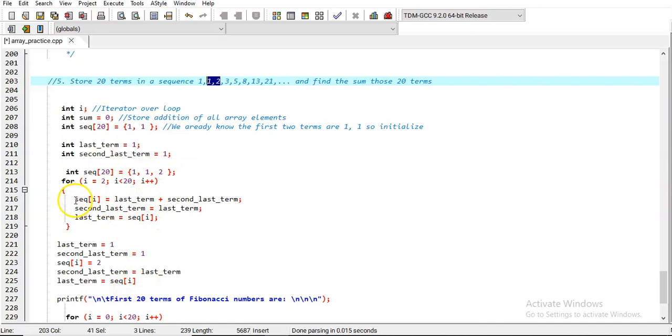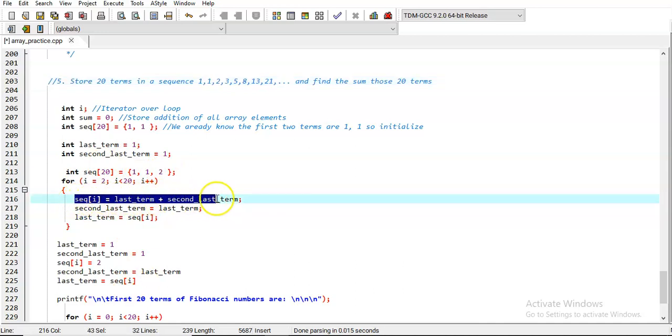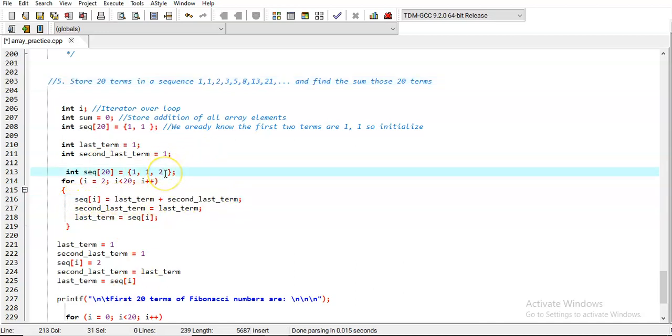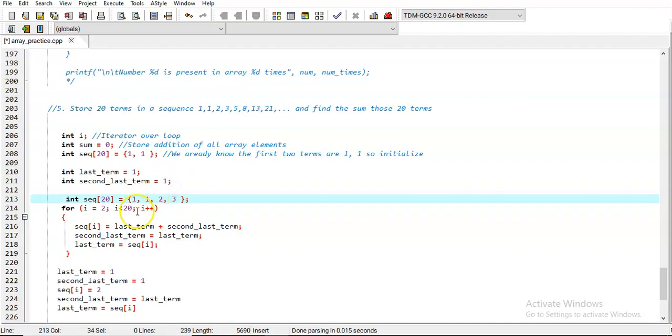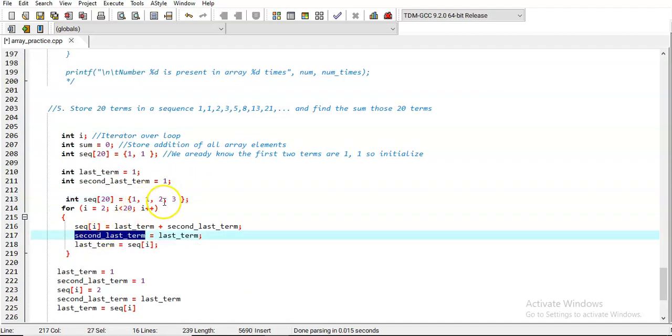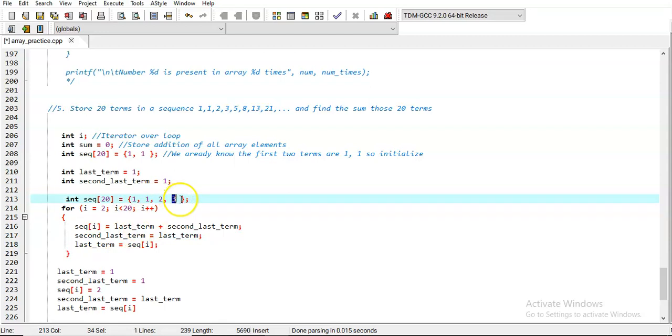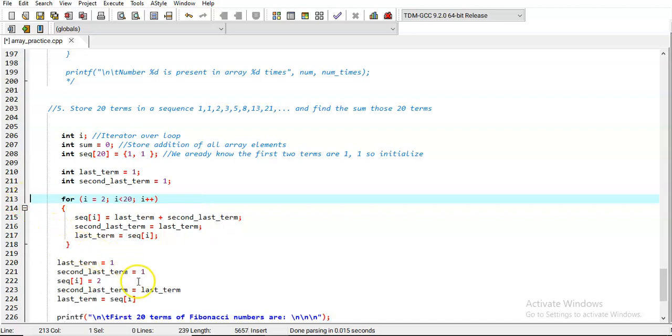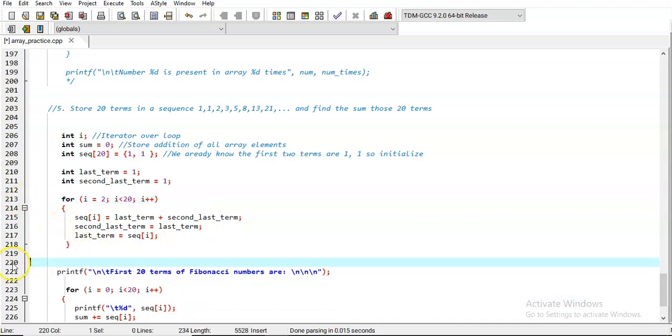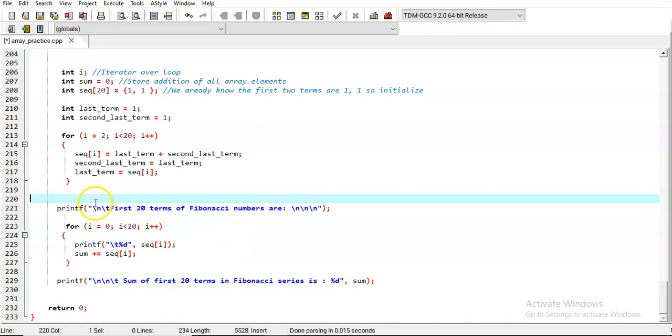So when it will come inside this, sequence of 3 is going to be what, 2 plus 1 3। So यहाँ पे आ गया 3। अभी अगले हिसाब से क्या होगा, सेकंड लास्ट टर्म विल बिकम 2 एंड लास्ट टर्म विल बिकम 3, सो अगला हो जाएगा 5। दैट्स हाउ इट इज, ओके। एंड इसी तरह से कितने टर्म्स आएंगे, 20 टर्म्स। नाउ लेट्स सी व्हाट एग्जैक्टली वी आर डूइंग नेक्स्ट।